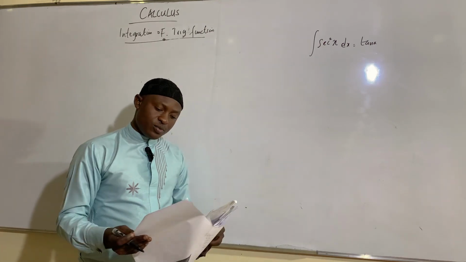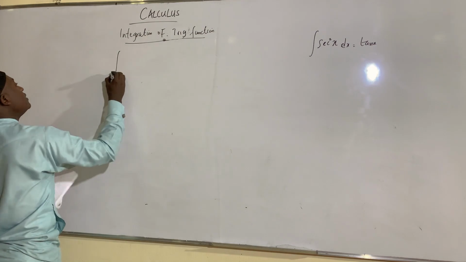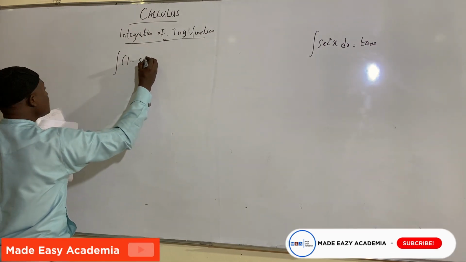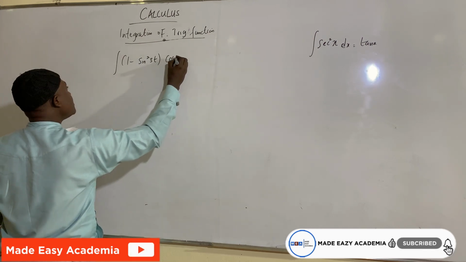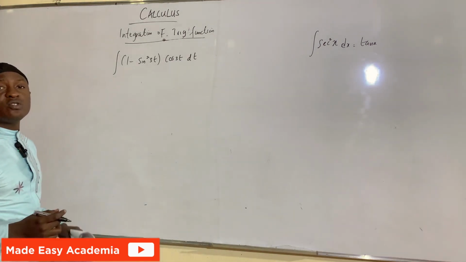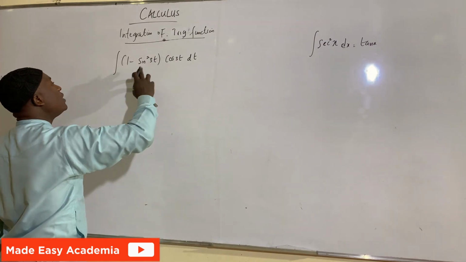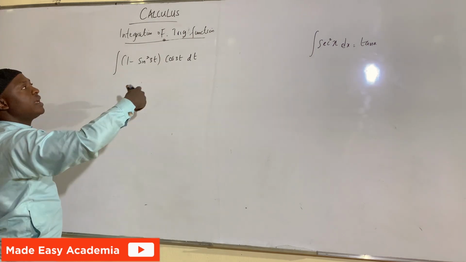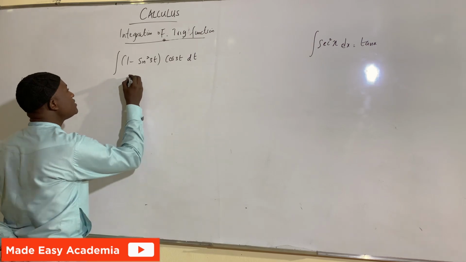Let's solve one more example before we move to the next questions. Here we have the integral of (1 minus sine squared 3t) cos 3t dt. I told you the first thing to be considered. You can do this in two ways: you can represent this as a single variable, or you can just make use of that. I can just say let